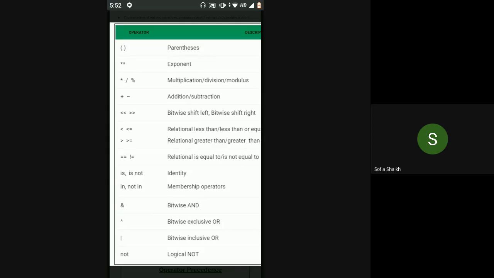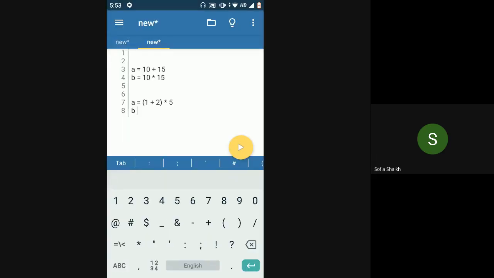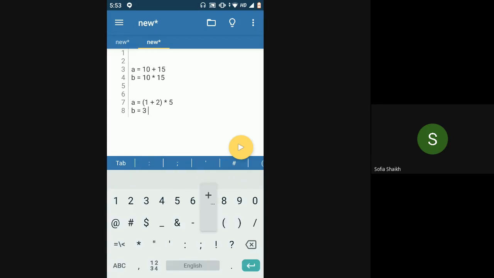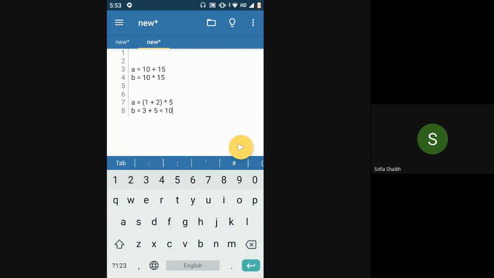Which means if I have something like 3 plus 5 less than 10, what will be the answer for this? If you have a relational operator, then your answer will be true or false, right?